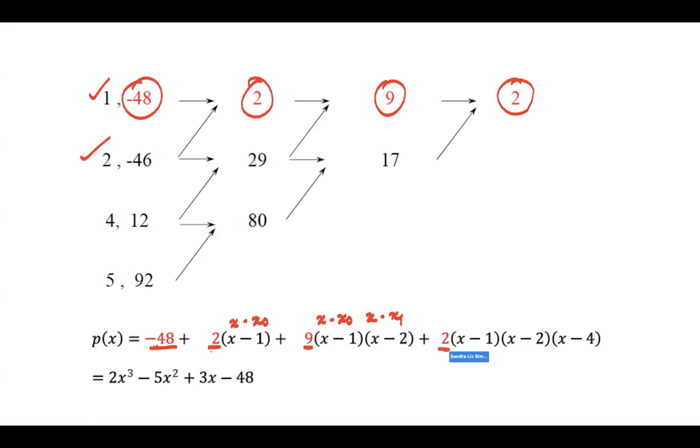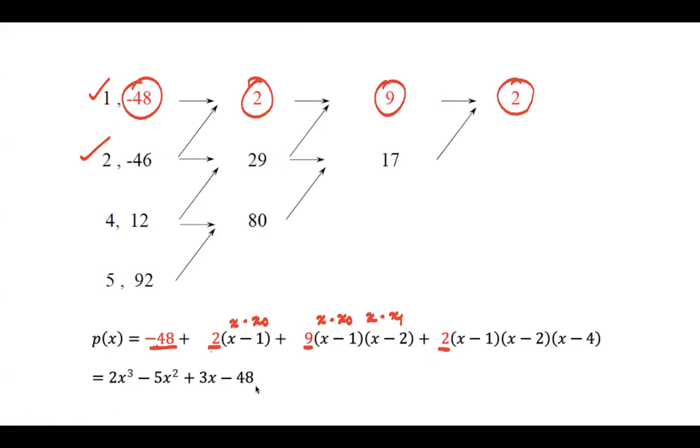With that, what do I do? I multiply x minus x0, x minus x1, and x minus x2. So x minus 1, x minus 2, x minus 4. That's it. I've used all my 4 coefficients. Now finally, when I simplify, I get this equation: 2x cubed minus 5x squared plus